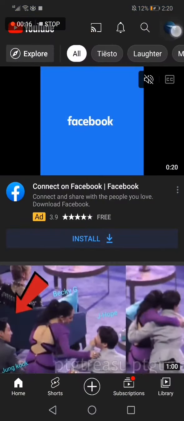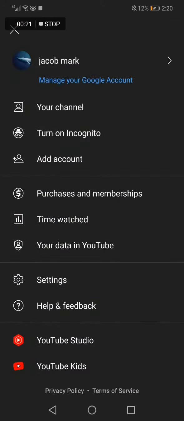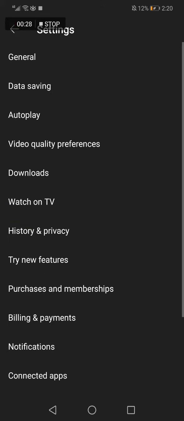Now go to the top corner and click on your profile picture. After you click on your profile picture, it will take you to this page. Now go down and click on settings. After you click on settings, now go to history and privacy,